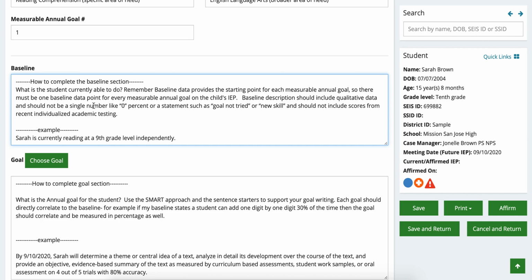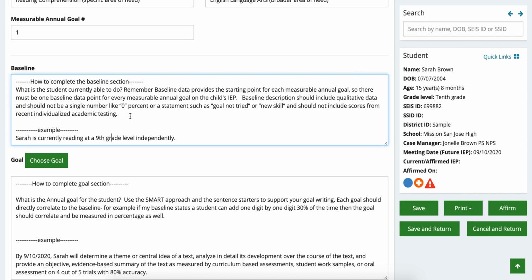It should actually have qualitative data in there. And you also cannot use the scores from their academic testing. If you gave the Woodcock-Johnson or the WIAT and maybe they got a standard score of 84 in reading, you can't put the standard score in here,